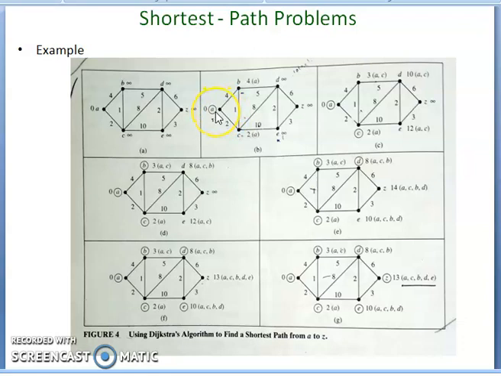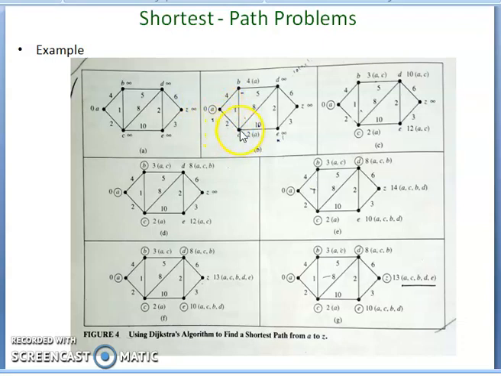Now you move from the source to the adjacent vertex with the minimum length. Which one is the minimum length, 4 or 2? 2 is the minimum length. So you travel from A to C, and you are at C. What are the adjacent vertices for C, and are they not yet covered? A is an adjacent vertex for C, but it is already covered, as an adjacent vertex you already visited.